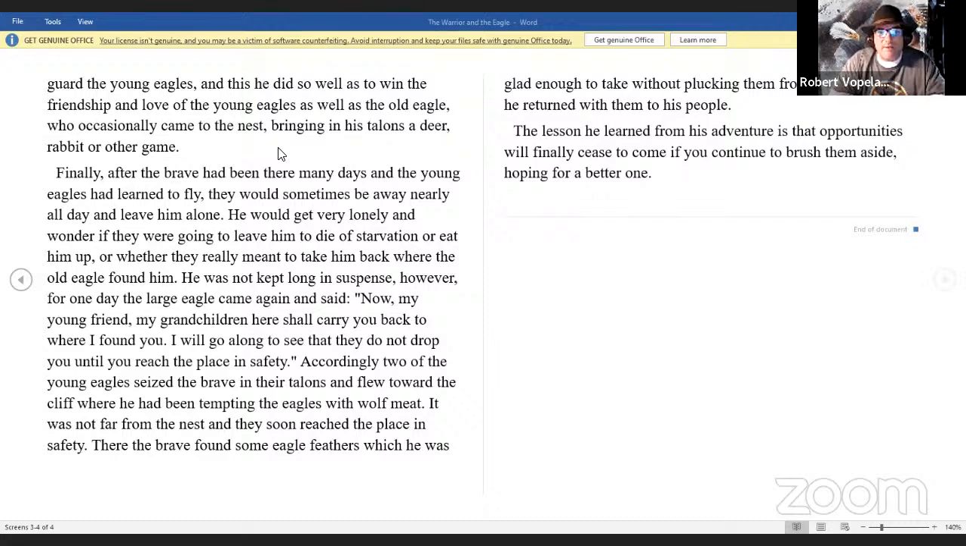Finally, after the brave had been there many days and the young eagles had learned to fly, they would sometimes be away nearly all day and leave him alone. He would get very lonely and wonder if they were going to leave him to die of starvation or eat him up, or whether they really meant to take him back where the old eagle found him. He was not kept long in suspense, however, for one day the large eagle came back and said, "Now, my young friend,